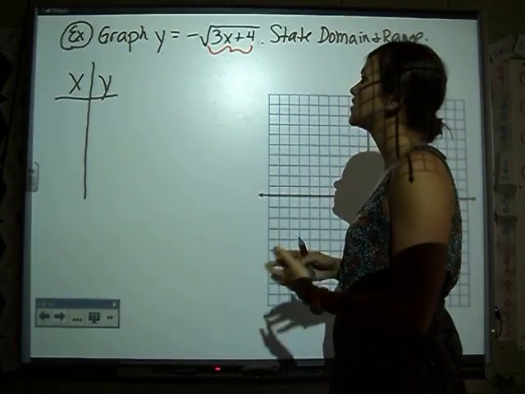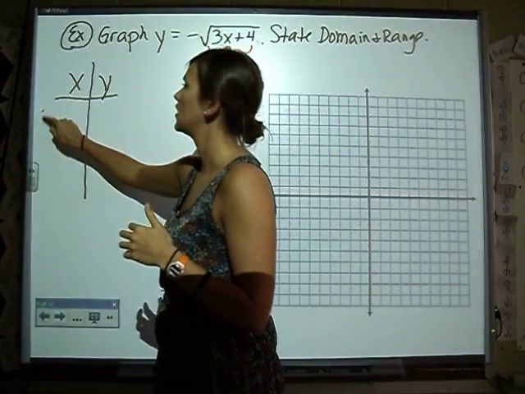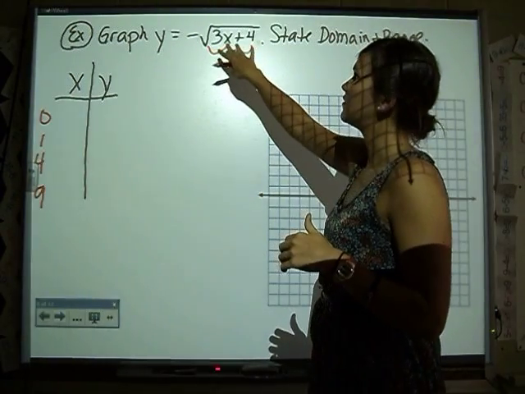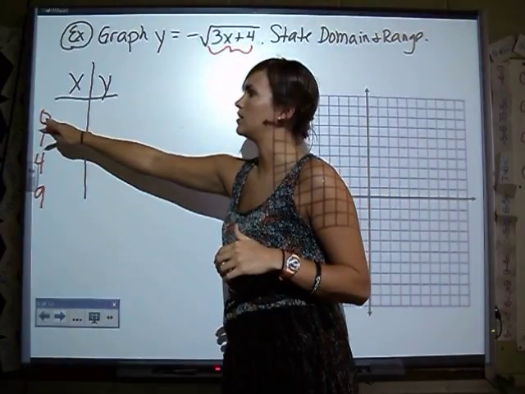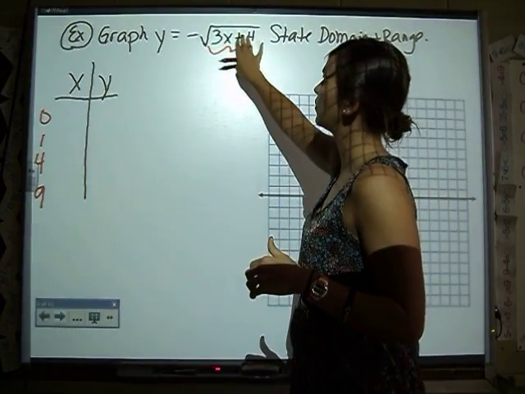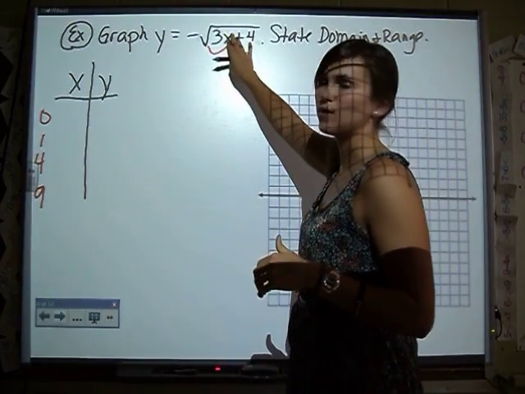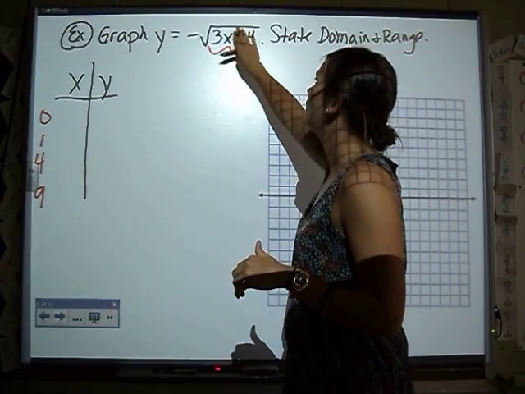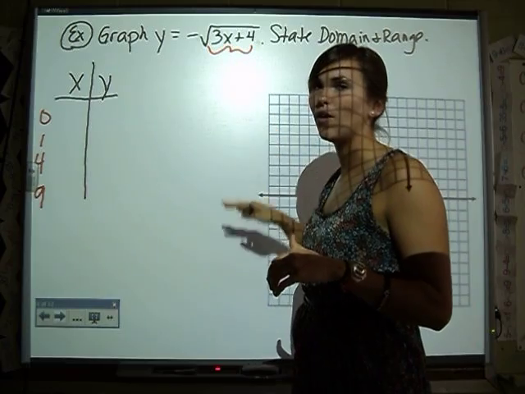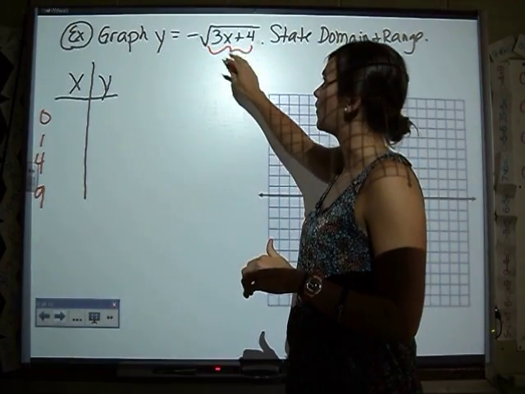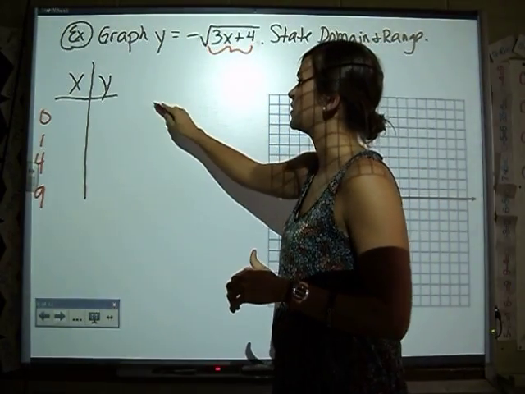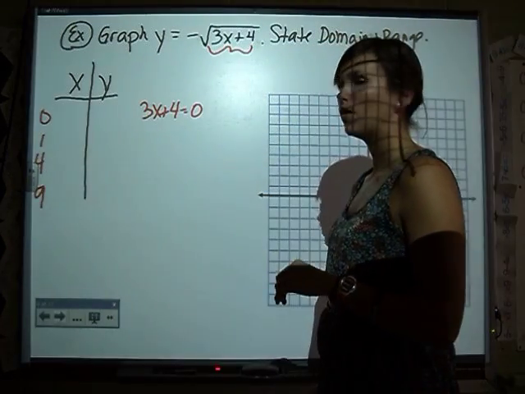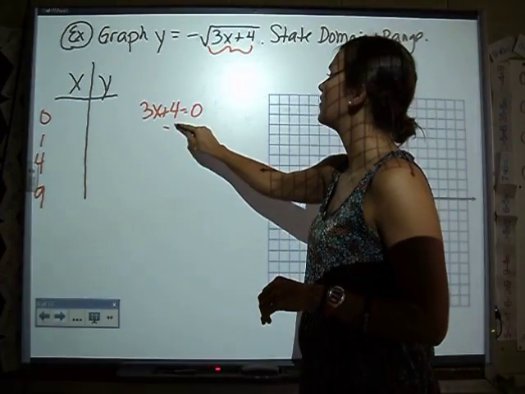Okay, so when we're taking the square root, we want to always remember those numbers: 0, 1, 4, 9. We want this value to equal 0, so that when we plug in our x, this becomes 0, and when we take the square root of 0, it's a nice number. If we want this value to equal 0, how can we figure that out? Well, we're going to take this value and set it equal to 0. That way, when I solve this,